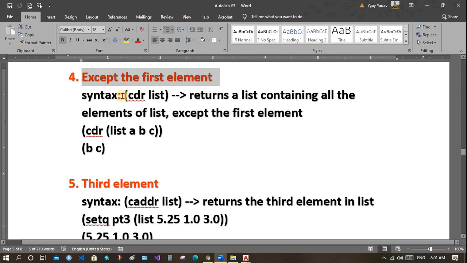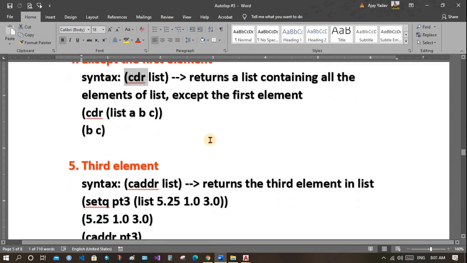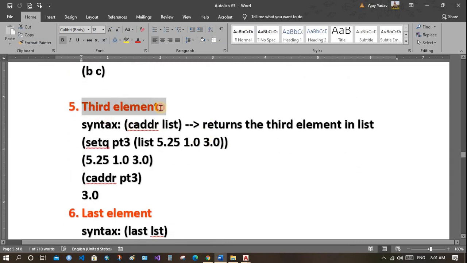Except the first element, we will use CDR. Except 10, all the values are returned. Third element, CADDR.